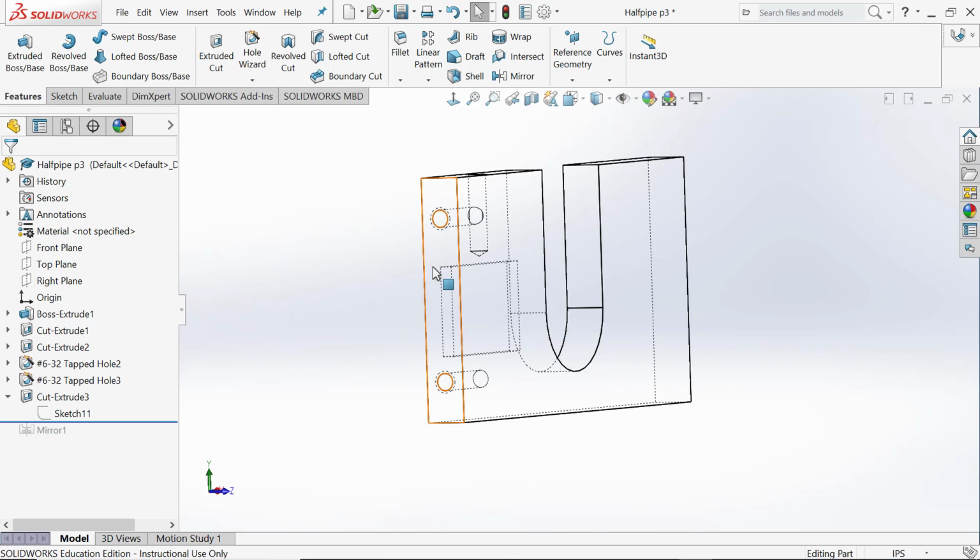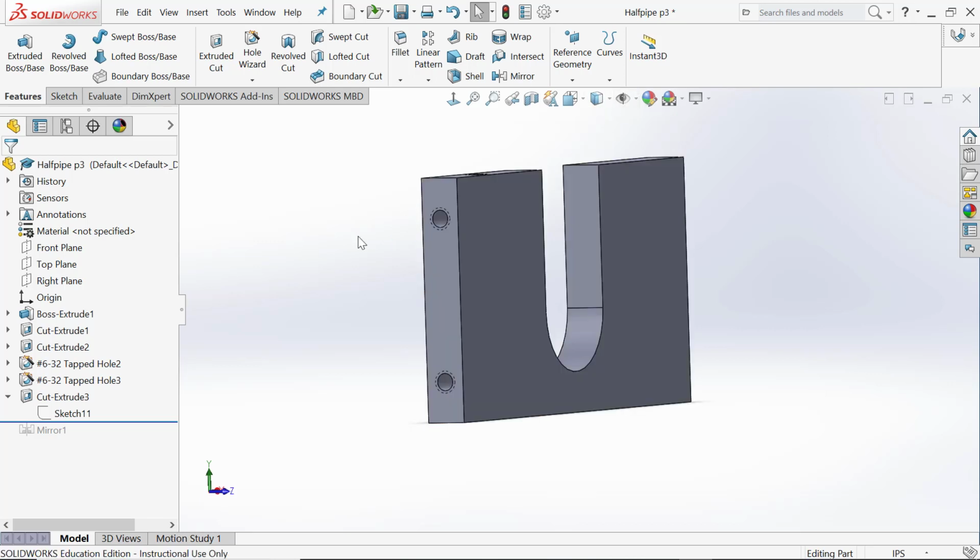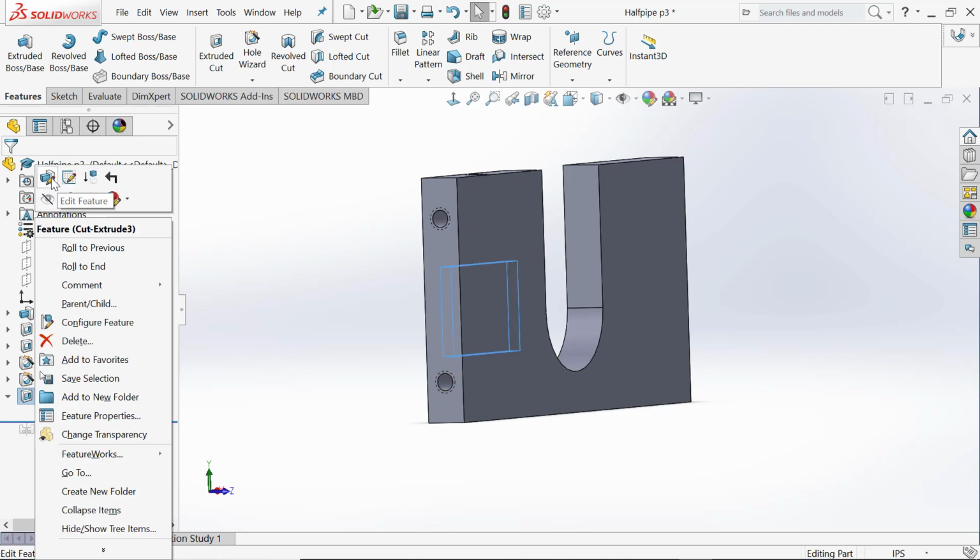The way I'd prefer to approach this is actually move my sketch from the front plane to the front of the object. So that's how I'm going to do it. There is another way to do it, so let me show you both ways. First, I'm going to show you what I think is the less superior way. If you edit this feature,